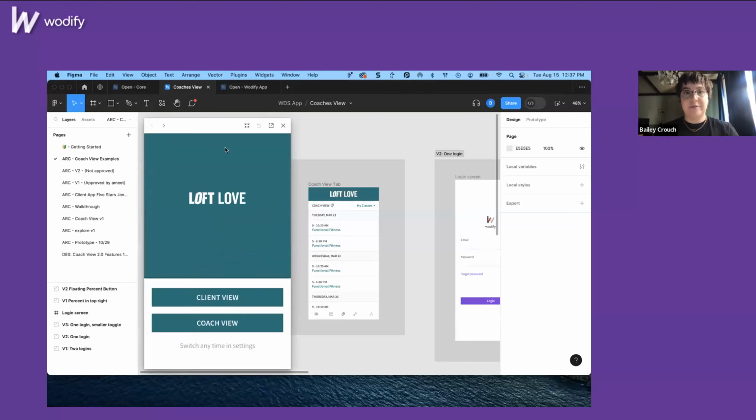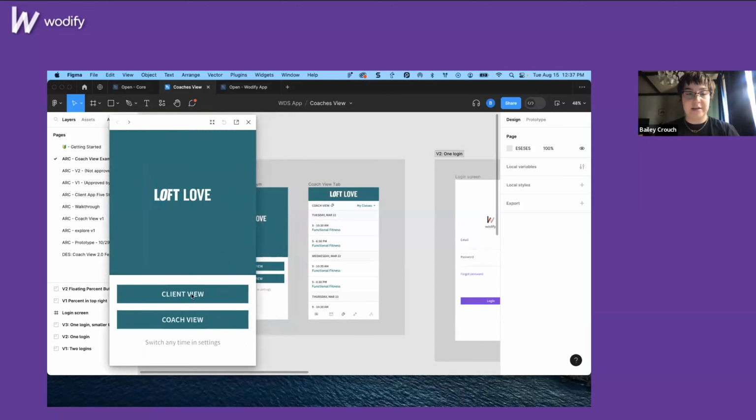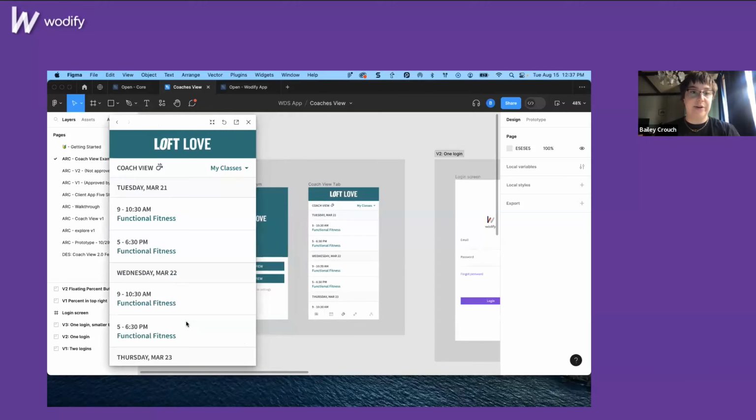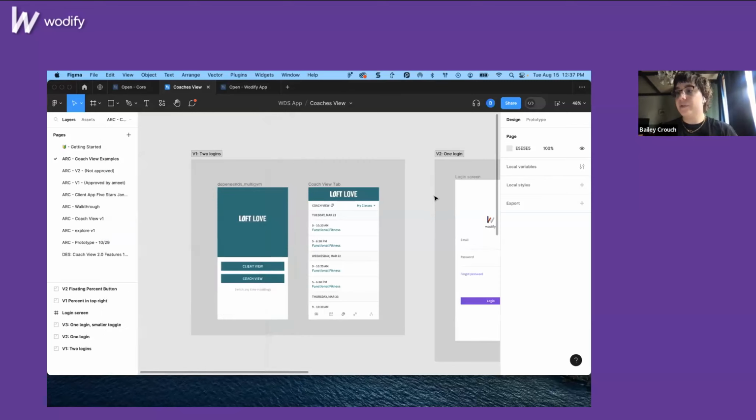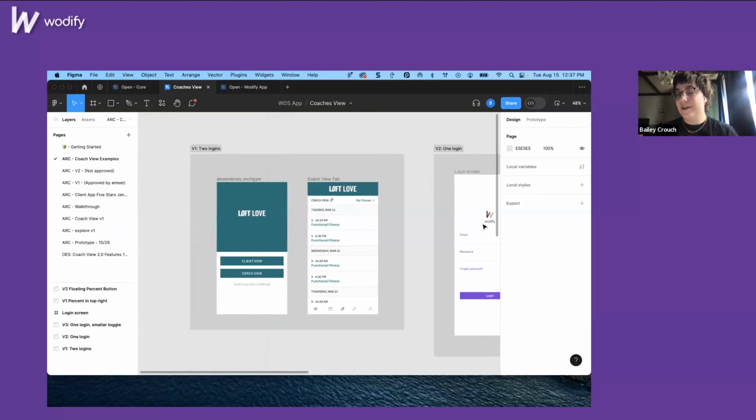And actually, too, it's very cool. We can show exactly how interactions work in Figma here by creating live links between things. This example specifically, we didn't end up going with it because if you were to log in, you would be stuck on the Coach View side of things. And we got a lot of feedback that said that we wanted to be able to quickly toggle back and forth between both client view and Coach View.